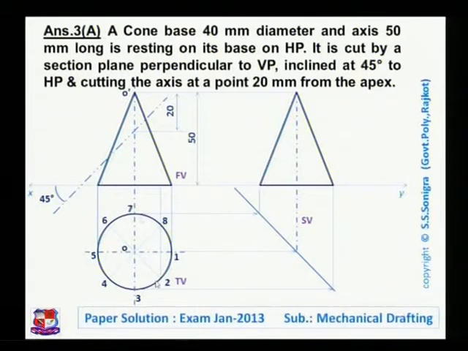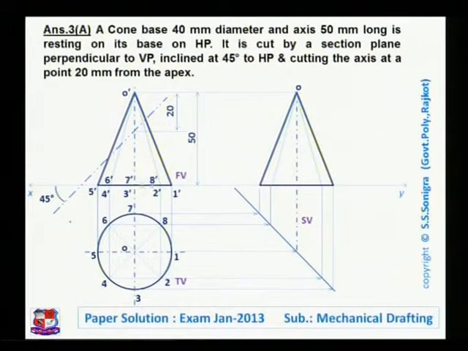So for that draw vertical lines from 2 and 8, 3 and 7. Here 2 dash and 8 dash are there. Join this point with the apex point O dash. This is point 1 dash. Here 2 dash. Here this is point 3 dash. From 4 and 6 draw a vertical line. So this is point 4 dash and 6 dash. And from that point draw a line to point O dash like this. Point number 5 is here. From 5 this is point 5 dash. Here point numbers 6 dash, 7 dash and 8 dash are there.